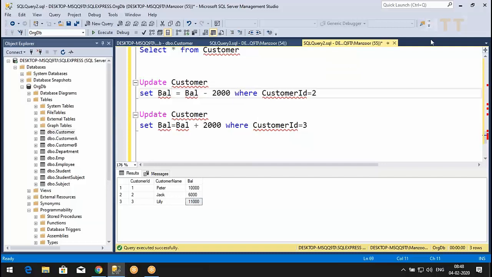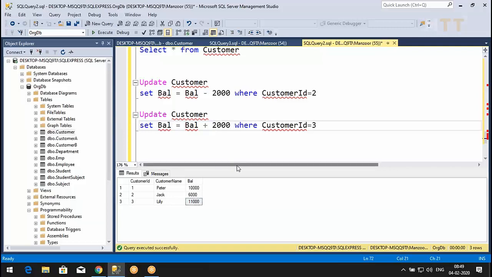Now, what if this second operation fails? What if this second operation fails? Now I will say plus 2000F.